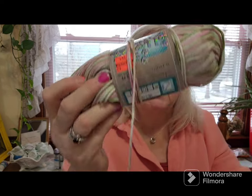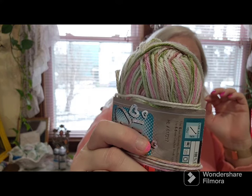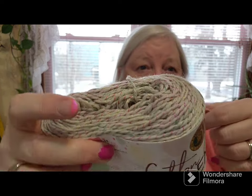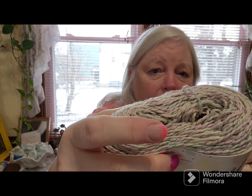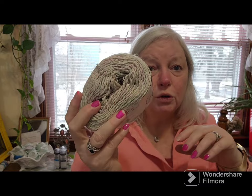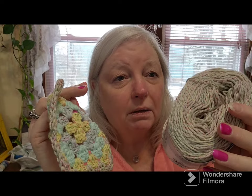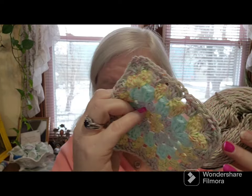And these are Hobby Lobby yarns. I'm using I Love This Cotton in the color Pink. And then I am using three different colors of Comfy Cotton Blend, and it's got that shiny little metallic strip in there. This one is called Gray. This is the outside color on all of them, and this will be the color that I make the handle out of, and I'm joining with